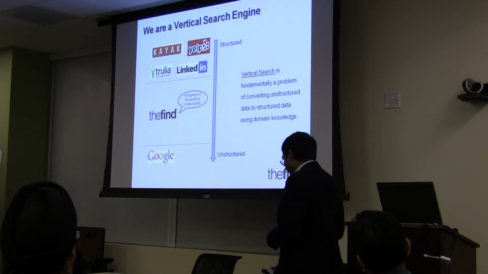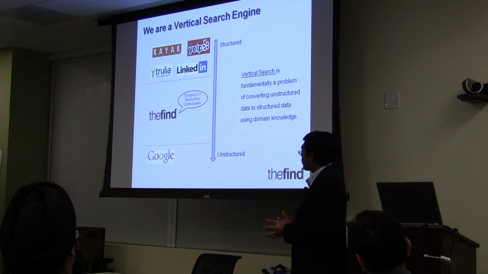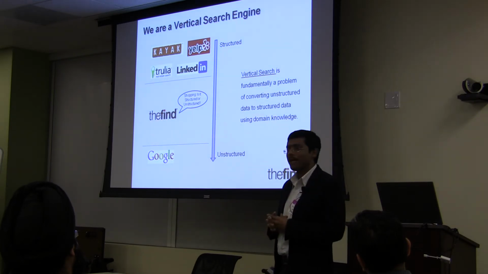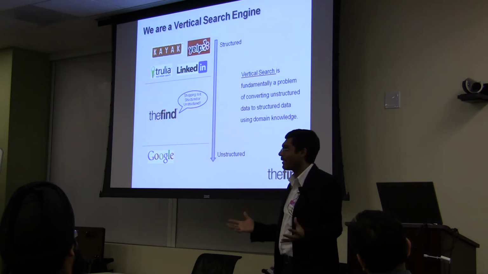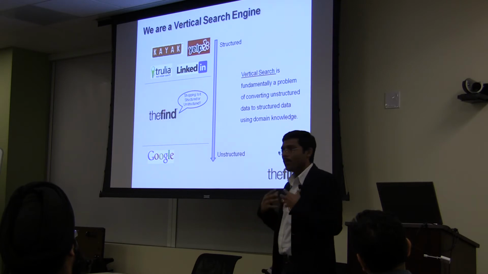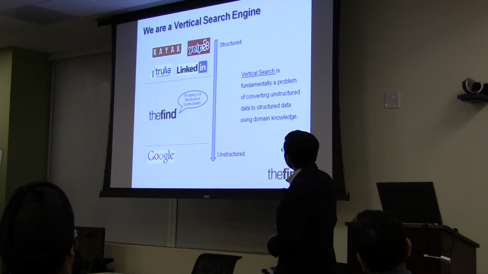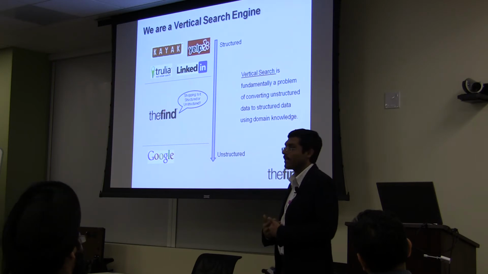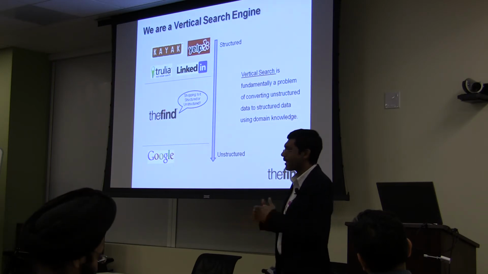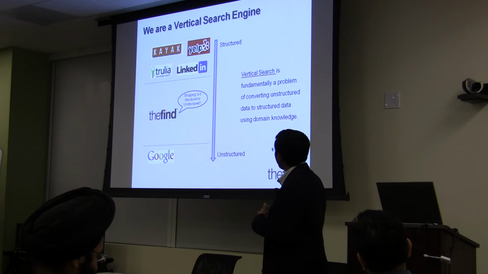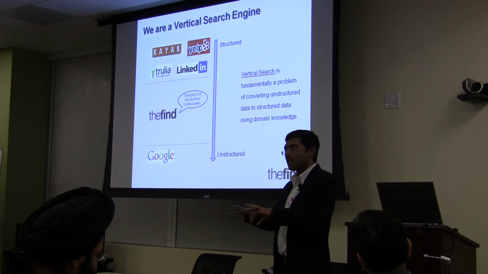Now, shopping is a very interesting vertical, which is the reason why it's so special. Because everybody looks at shopping as unstructured data, because you have titles and descriptions. And people always apply web search algorithms to shopping. So it's keyword search, things like that. And one of the fundamental differences that we think we have as opposed to anybody else who tackles this shopping problem is that we try to solve the problem of structuring shopping.